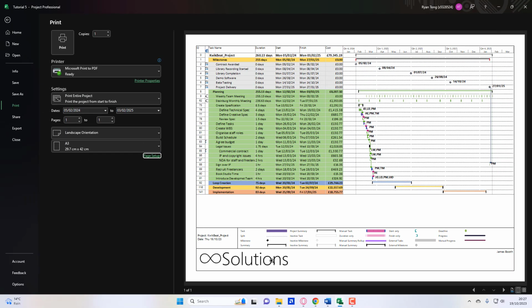As you can see, your entire Gantt bar style at the bottom can be shown in your Gantt chart when you print it out. Finally, we'll be going over how to add a footer into your Gantt chart. This is pretty important as this is part of your assignment. So click on Page Setup,